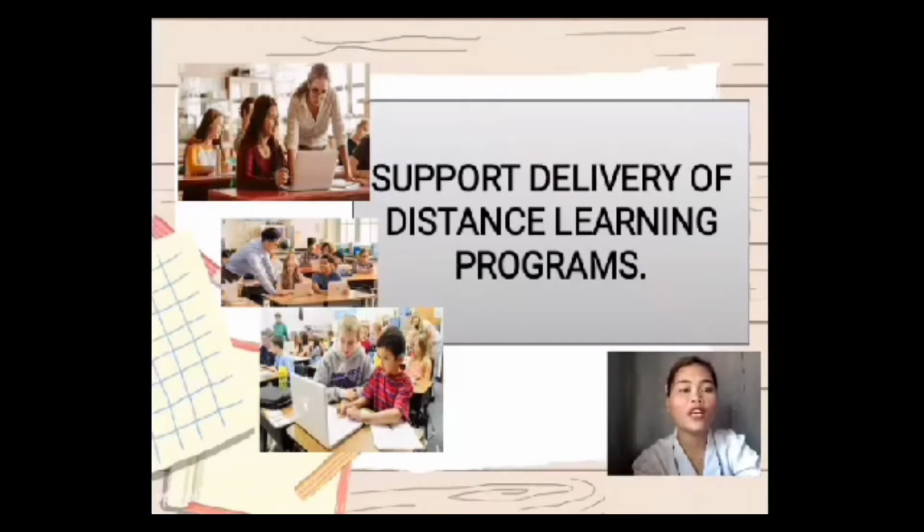Support delivery of distance learning program. So when we say support delivery of distance learning program, for example, students can choose when, where, and how they learn by selecting the time, place, and medium for their education. And the teacher can use video conferencing and other apps in order to deliver their lesson. So now let's proceed to